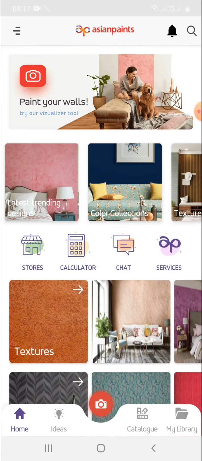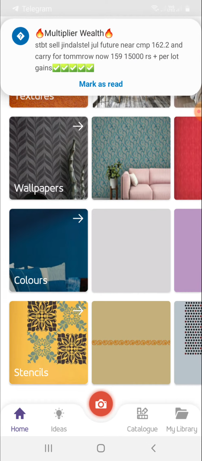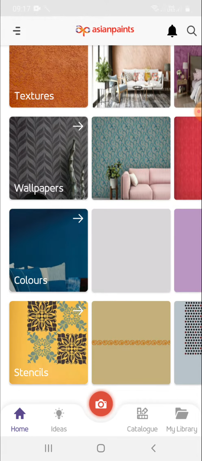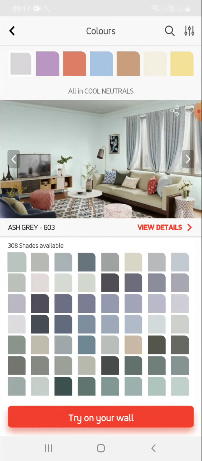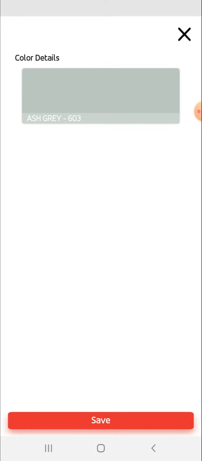If you click on the colors icon, you'll find plenty of colors available here. So look at here. For example, if you choose this color, Ash Gray, you'll find that code also. You can directly show this code in any hardware shop available near your location, and you'll find those colors.